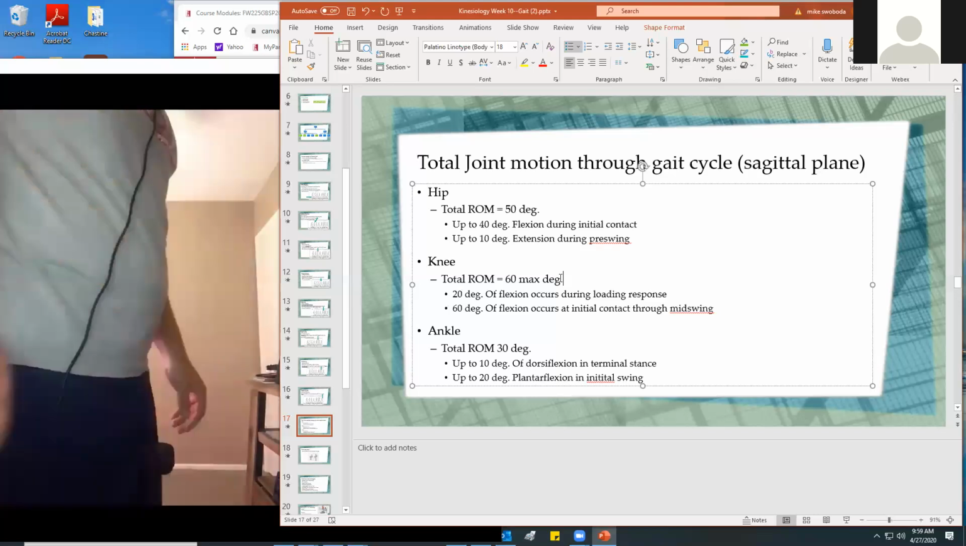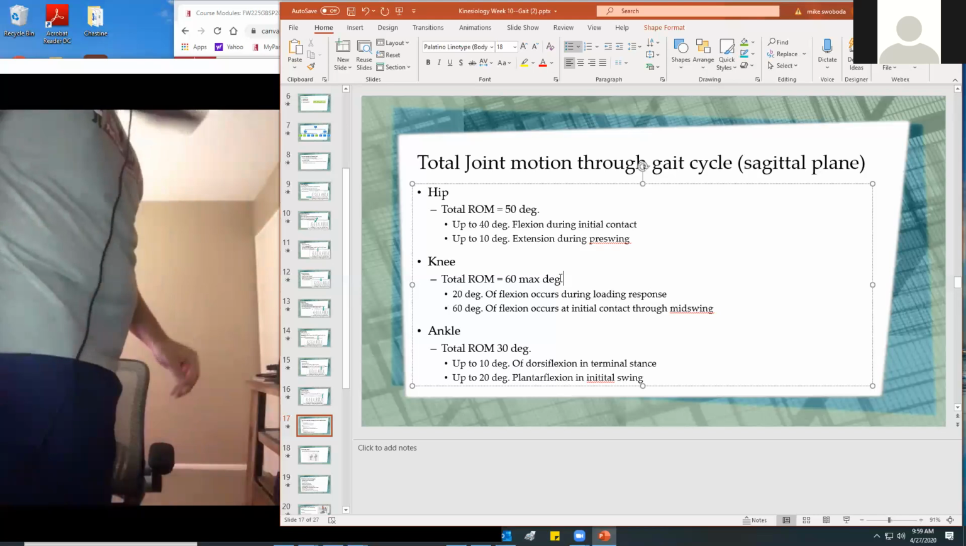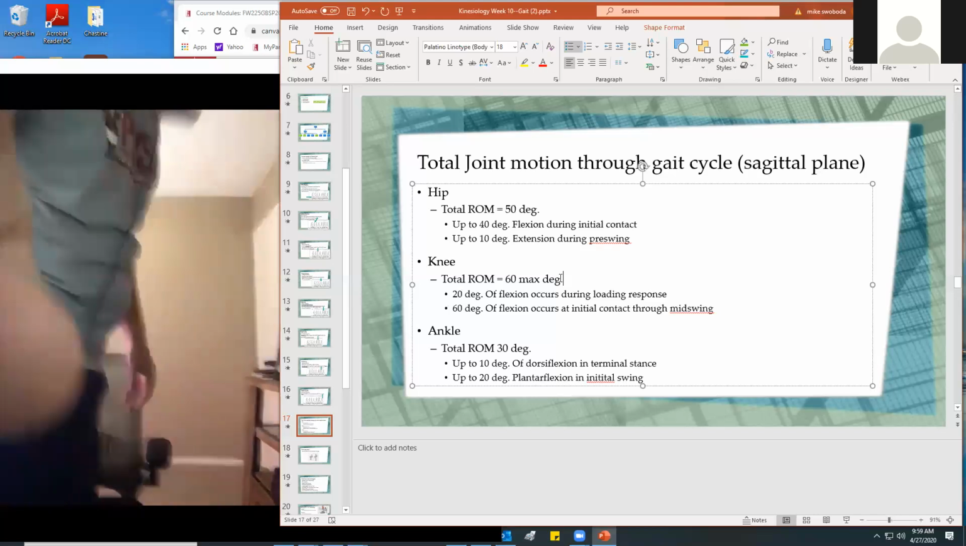The knee is going to have about 60 total degrees range of motion. When I bend my knee,